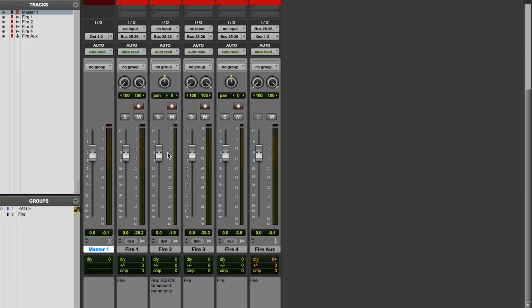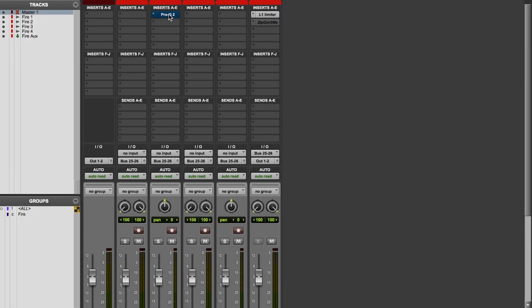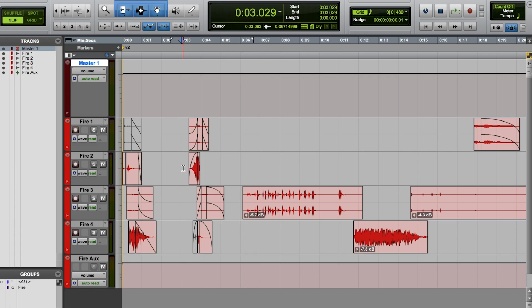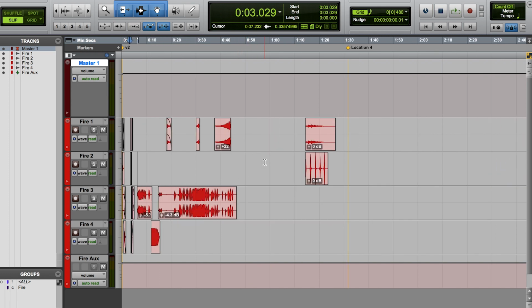Let me put the EQ back on for you guys. So just Command click to make that active again. And then I'll show you guys some of this other stuff. A lot of times I'll have a whole bunch of my scrap audio out here somewhere, or even on hidden tracks. I've gotten better at hiding the stuff that I don't want to see. But that's basically so I can bring it back into play at some point. So a lot of times I'll have scrap in here. So like this one,